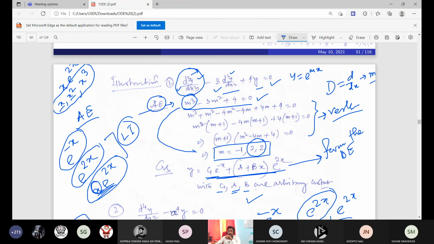Any other question? Sir, if m1 equal to m2 equal to n minus 1, then the general solution will be y equal to